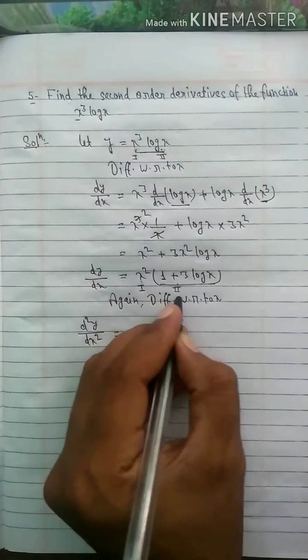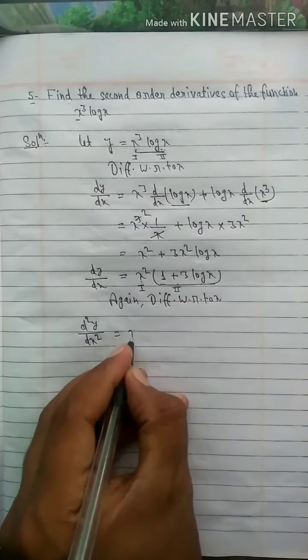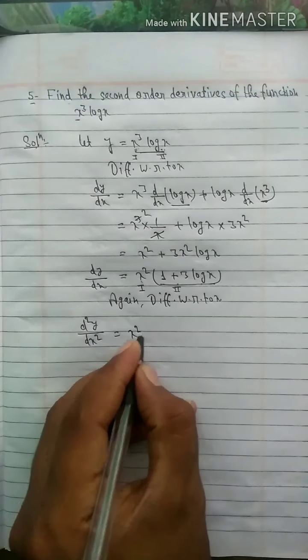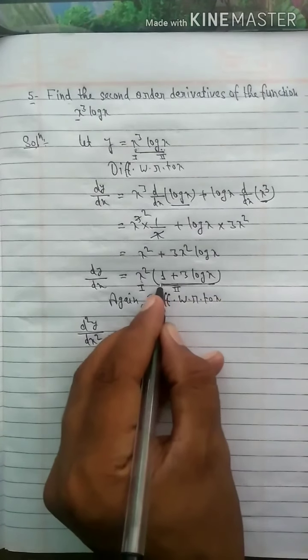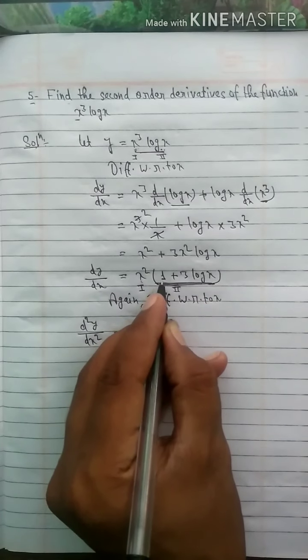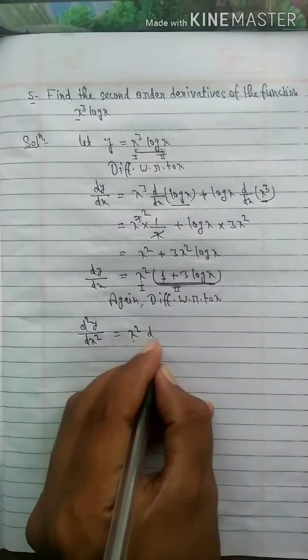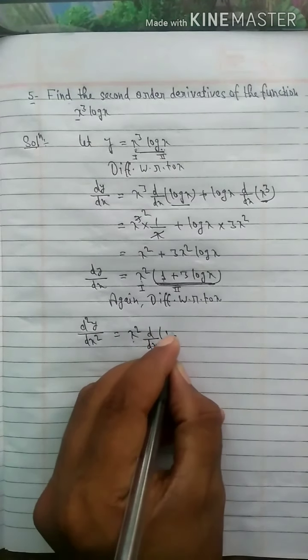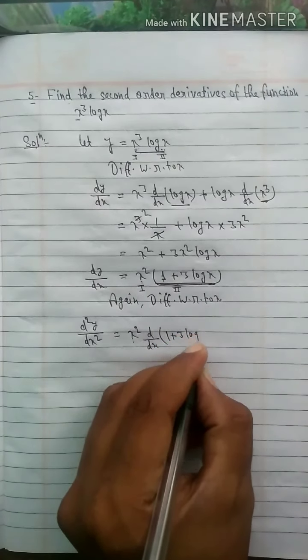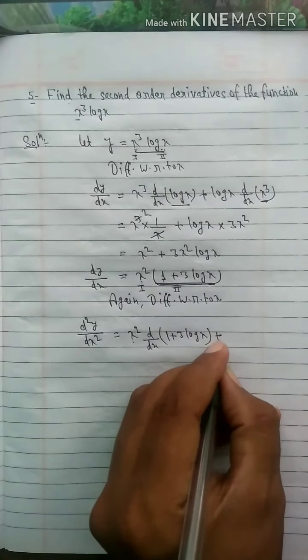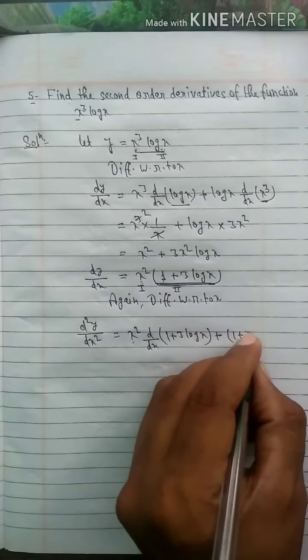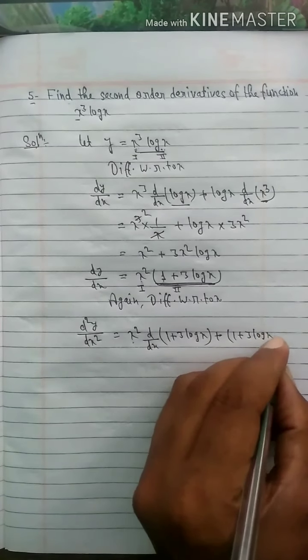So using the product of two functions, x square, this is the first function, into the derivative of the second function, so d by dx of 1 plus 3 log x, plus the second function